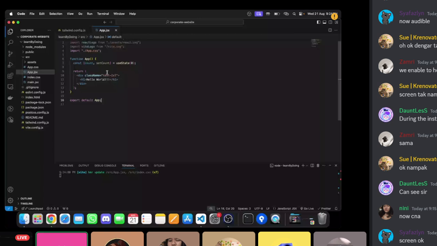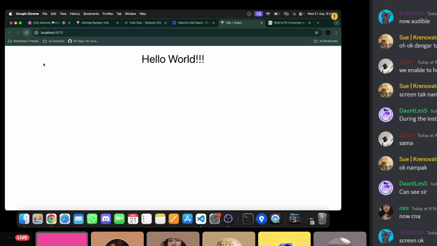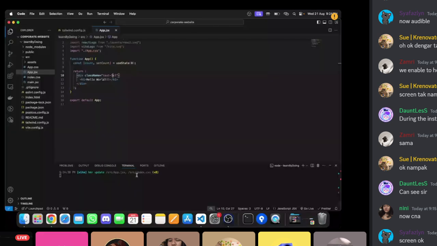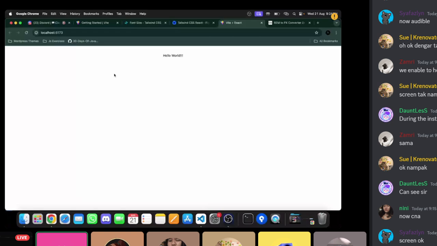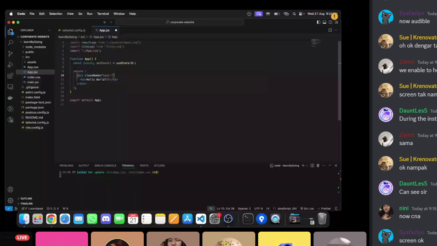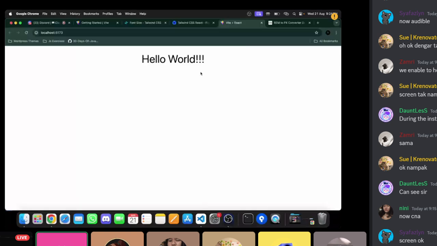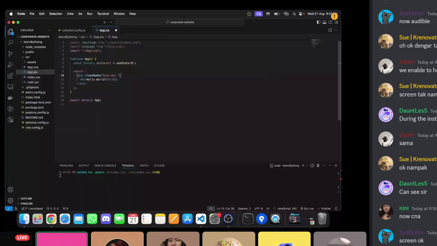So no worries, you don't need to reload by yourself. Since we are using React with Vite, it has hot reloading. It will take effect immediately. So let's say we change to sm, which is small. You can see it immediately reloads and changes. That is why we really love React with Vite. Then if you want to add color, you can type bg. If you don't know the class names, you can go here and then we can see what is